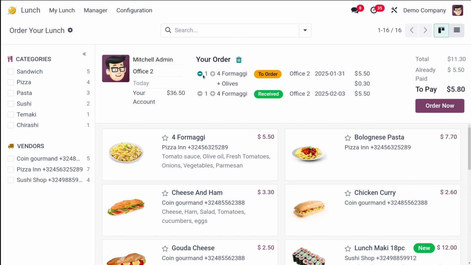So here you have the plus icon as well as the minus icon where you can reduce and increase the quantity of the food. And then you have this order now button through which you can create your order. So you can click order now to submit your order and deduct the cost from your account. Okay. So if it's finalized, then you can simply click on this. The thing is that you can place multiple orders throughout the day.